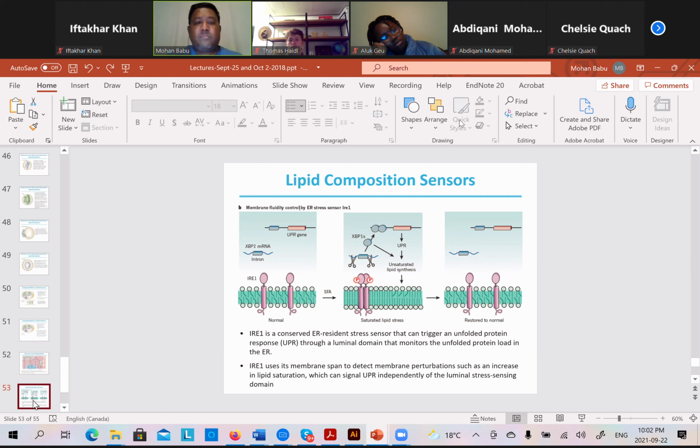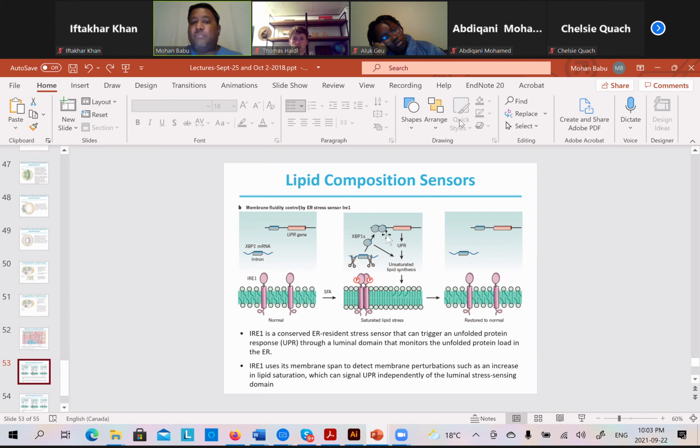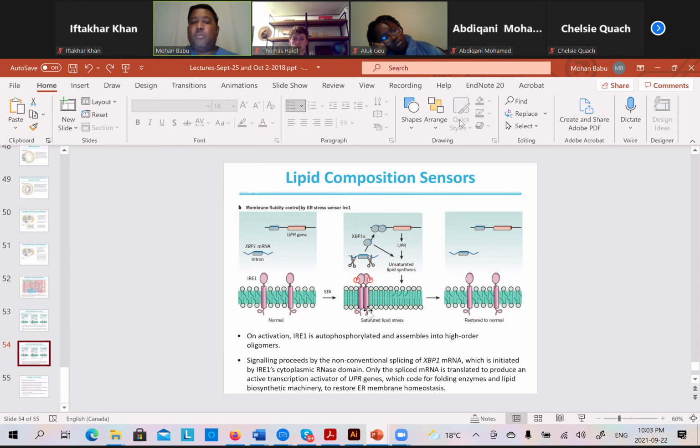Okay, so here's one. First, on activation, IRE1 is autophosphorylated and assembles into higher order oligomers. Here is where autophosphorylation happens. The P stands for phosphorylation. Now, the signaling usually proceeds through a splicing event of the XBP1 mRNA. This is initiated by the IRE1 cytoplasmic RNase domain. So only the spliced